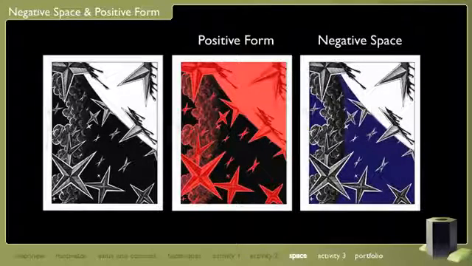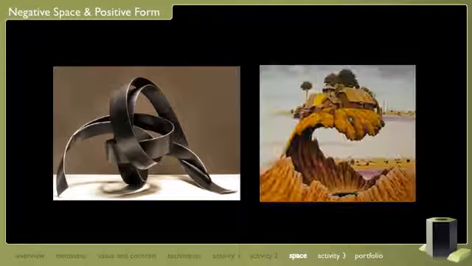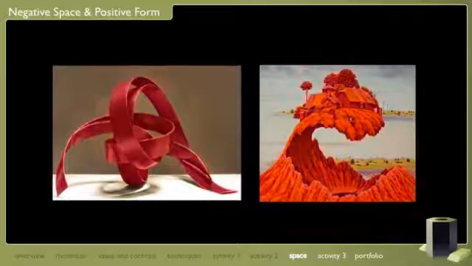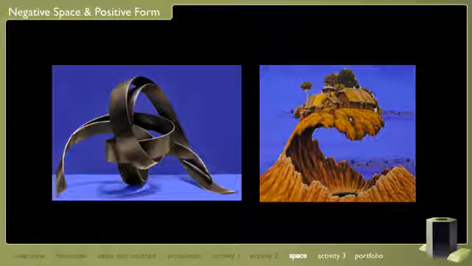Two terms traditionally used in art are negative space and positive form. Let's look at a couple examples to visually show you the difference between the two. When an artist is looking at any subject matter, it can be broken into negative space and positive form. Most beginning artists assume that the positive form is the more important of the two. But negative spaces are just as important, especially for those that are beginners.